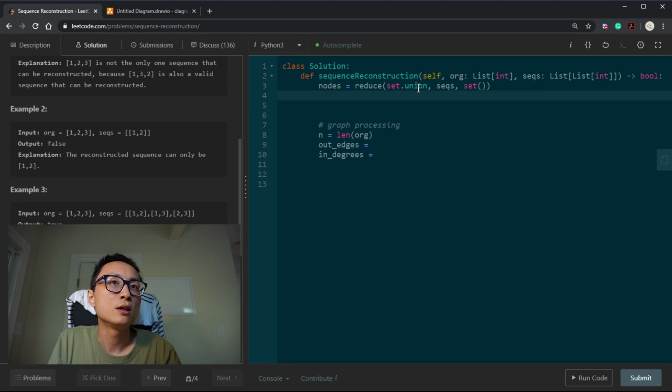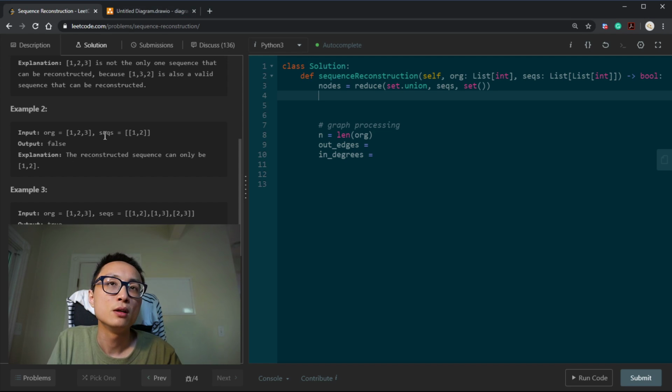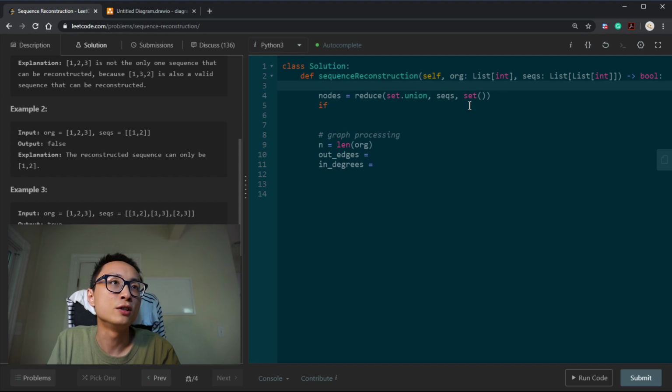So we basically are counting the number of unique nodes inside this list of lists. If this is not the same as the original, that means we're lacking information about a particular number, so we don't even need to do BFS search at all. So this handles the edge case.